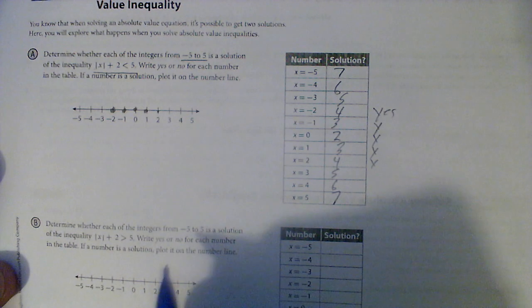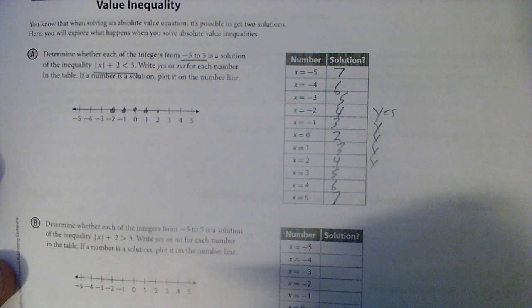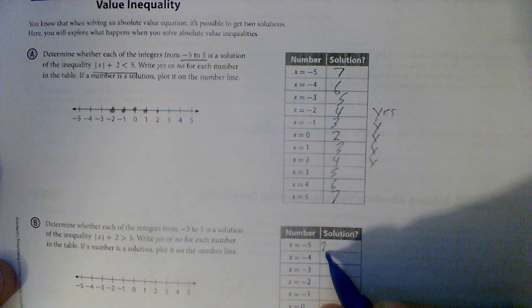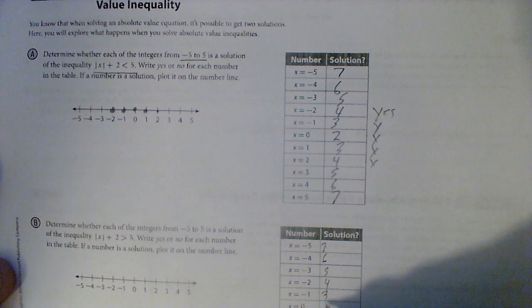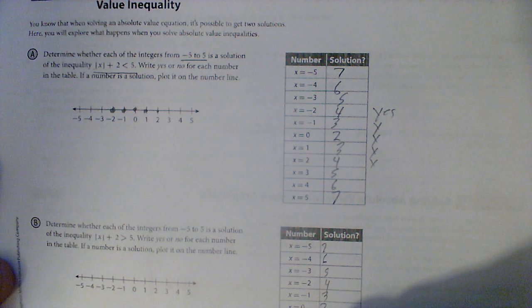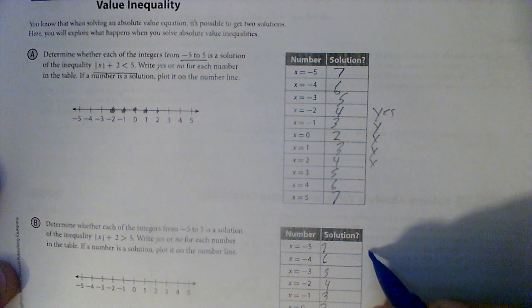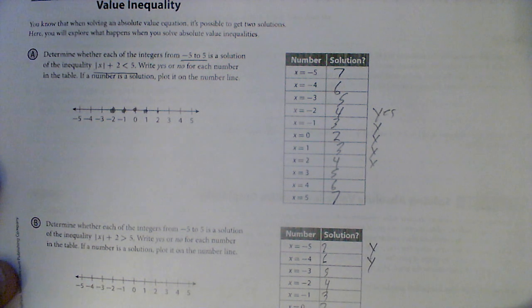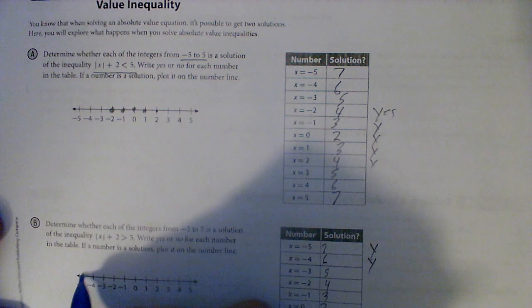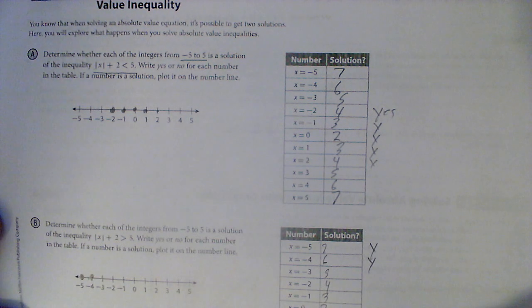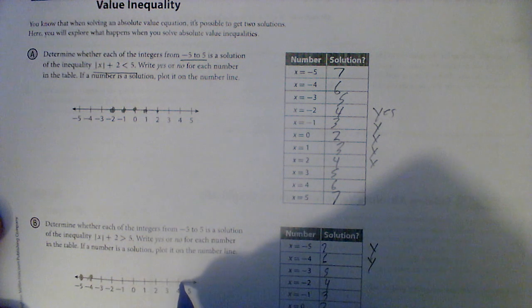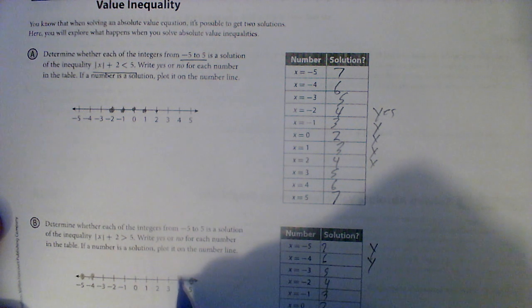This one says determine whether each integer is greater than 5, which you've already done, right? We still got 7, 6, 5, 4, 3, 2, and it should be the same, 3, 4, 5, 6, 7. And we're going to say yes next to all the ones that are greater than 5. That's this one, and this one, and this one, and this one. And let's plot it. Now I'm going to do something weird with these plots, right? It looks like -5 and -4 right here on this side, and 4 and 5 on this side. Now, the truth is,